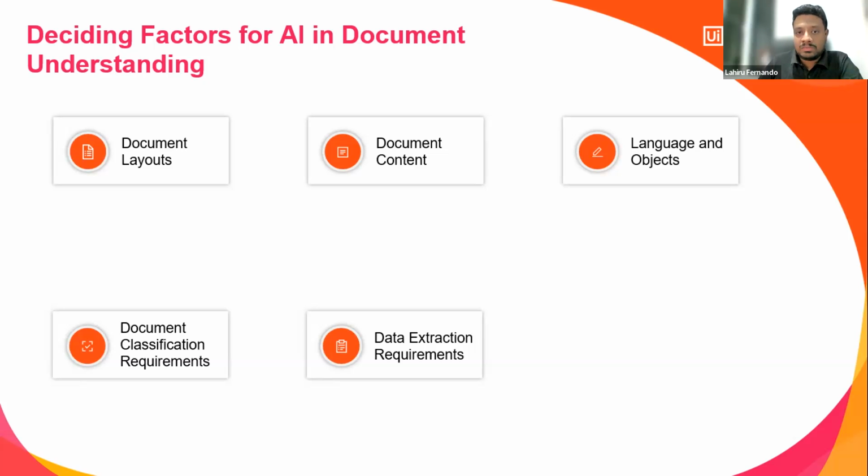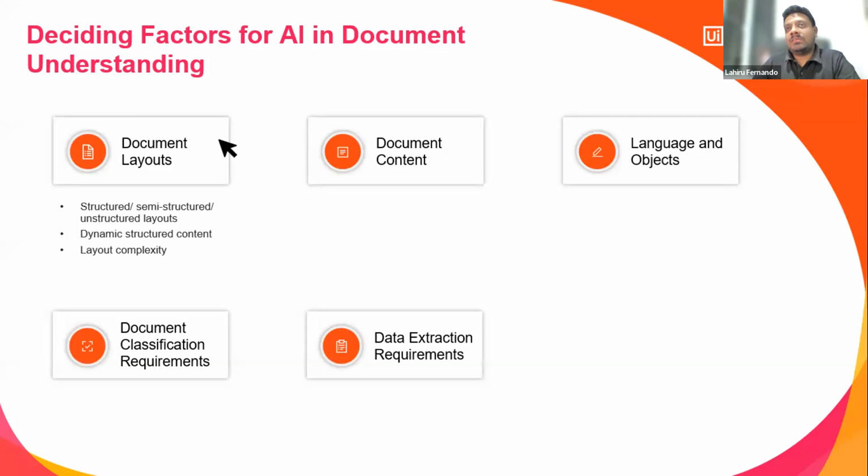Here, in addition to the process, we also need to look at the documents, the actual documents that we are processing. So when we are looking at the documents, we need to look at these few areas. One is the document layout. Why do we need to look at the layout? Because it has all the information that you need to understand and see how you can classify and how